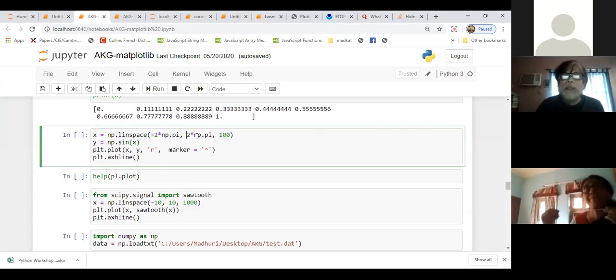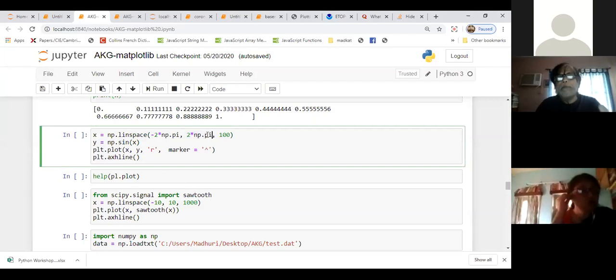Inside np there is the parameter pi, very nice value, not exact, it's an irrational number, and 100 points are created, say. And then you write y equal to np.sin of x, because this x will be a NumPy array now. So now this sine function will be applied on this x, that means on each point, the sine function will apply.